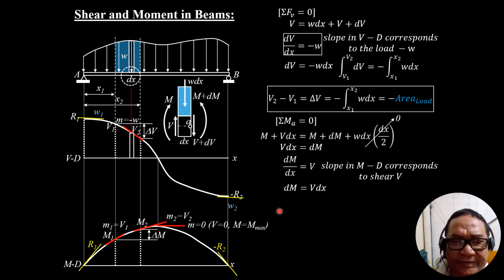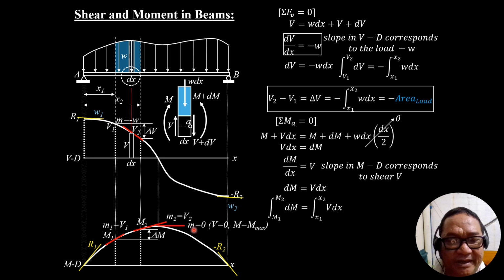So we have here the slope at this point, R1. At this end here, the shear is negative R2, so the slope is also negative R2. And that's a negative slope up to the left, right? Then at M, the slope is shear 1. Then at this point, the slope is shear sub 2. And at the highest point, the tangent is horizontal. So that's why the slope is 0 at the highest point.